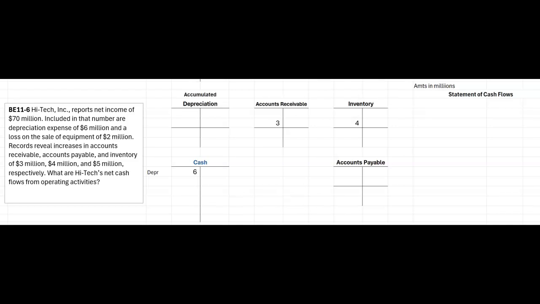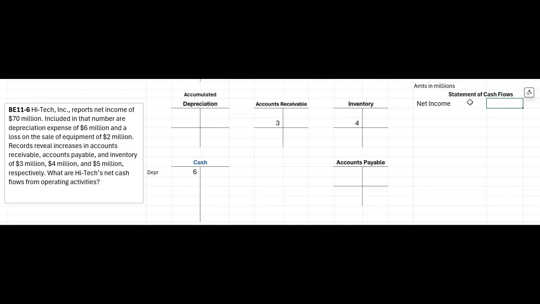Okay, this is exercise BE 11-6, and it's another calculation of income from net cash flow from operating activities. So this is something you want to try to make sure you know. We start out, they tell us that it reports net income of 70 million. If you had retained earnings in here, you would use that 70 million, but right now we'll just take our statement of cash flows and start out with net income